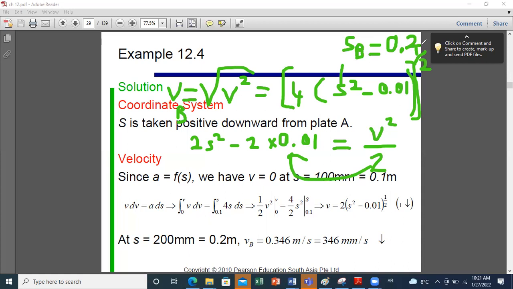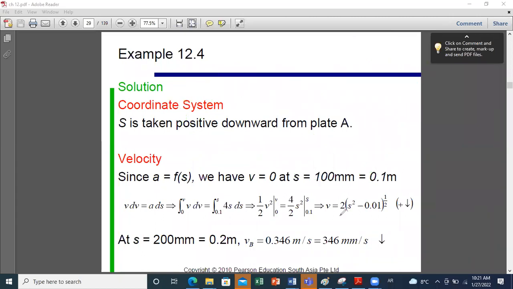Welcome. Now, the next step is to find the time needed to reach B. If I want to find the time needed to reach B, as we discussed together, already we have v as a function of s. So now we know v as a function of position, and we want to involve time. So we need to use the